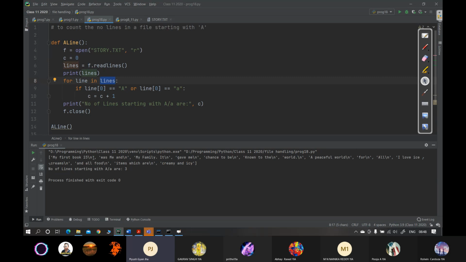every time it will give you one element in this variable line. First time the first line will come in line. Second time the second line will come in line. Okay? And the moment you get one valid element of the list, that is one line itself,